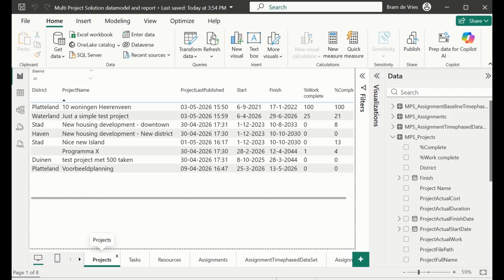The simple test project now shows up, and you can see the project custom field value coming from the SharePoint list. The solution also stores the last published date,